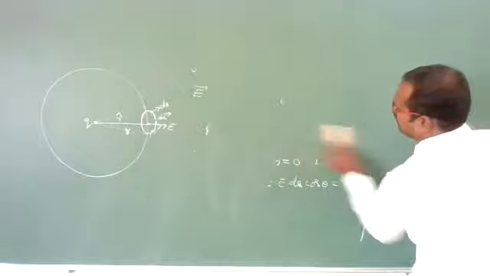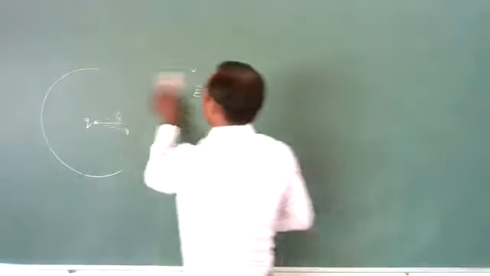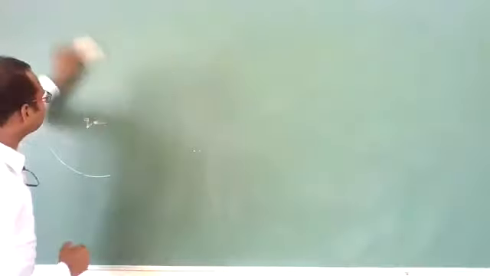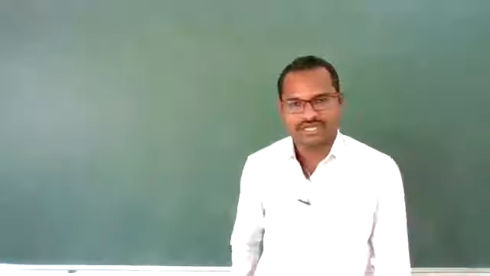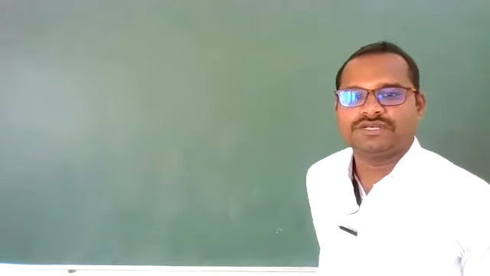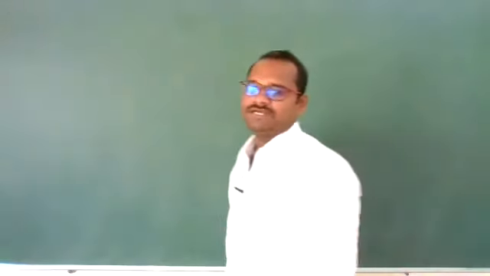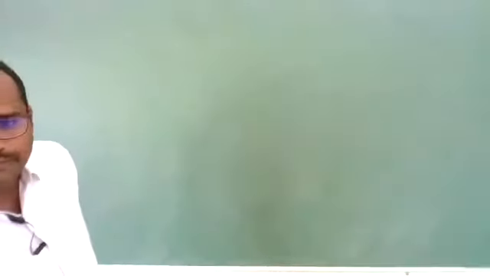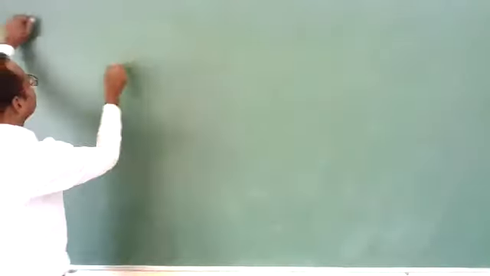See, from this Gauss law, we can derive Coulomb's law also. Wherever Coulomb's law is obeyed, we can use Gauss law also. Means we can derive Coulomb's law, that is, the force between two charges, F is equal to 1 by 4 pi epsilon naught Q1 Q2 by R square. That proof we can derive from Gauss law also. See, Coulomb's law from Gauss law. How we will get it?